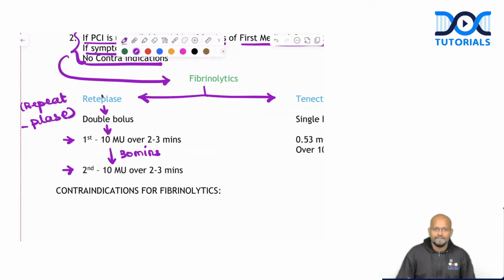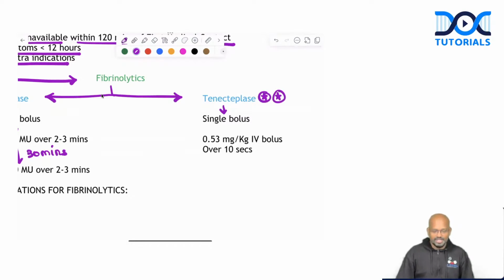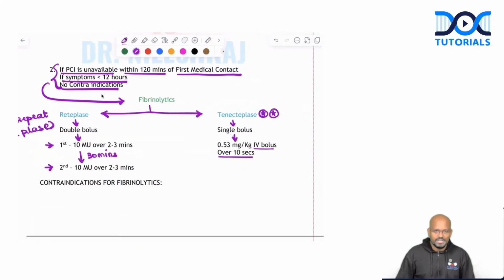to 3 minutes. Well, that thing is not needed for a tenecteplase, a very, very important drug, a lifesaver drug actually. Tenecteplase is given as a single bolus injection, 0.5 or 0.53 milligram per kilogram. It is given as per kilogram doses, not a fixed dose. 0.53 milligram per kilogram IV bolus. It must be administered slowly over 10 seconds. So this is how we can kill off the clot, we can dissolve the